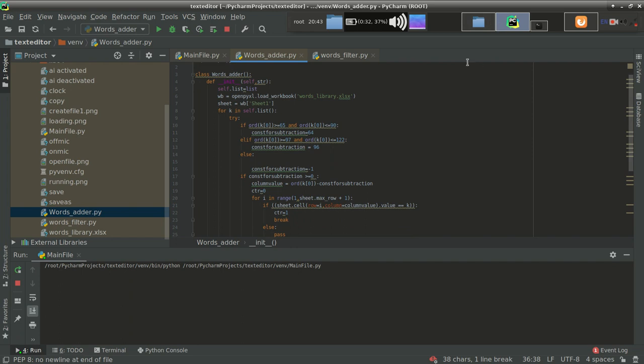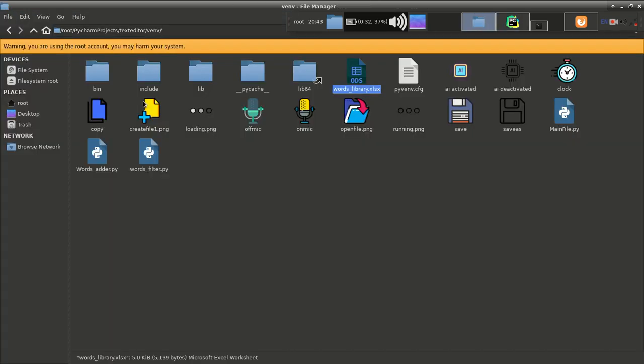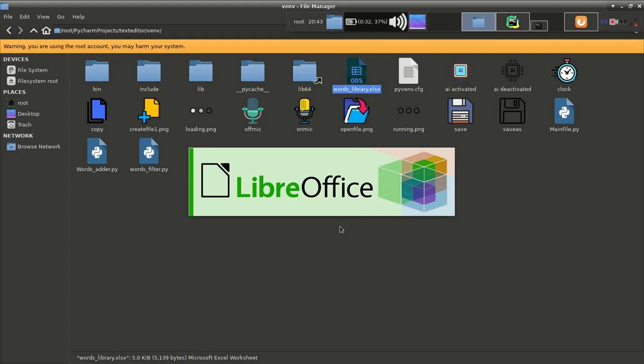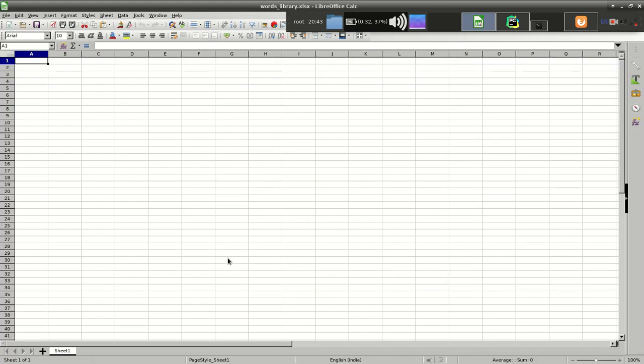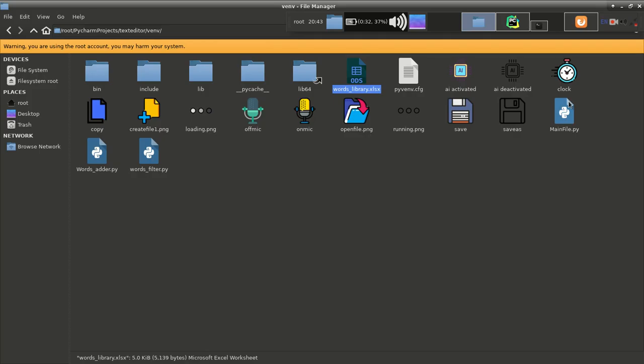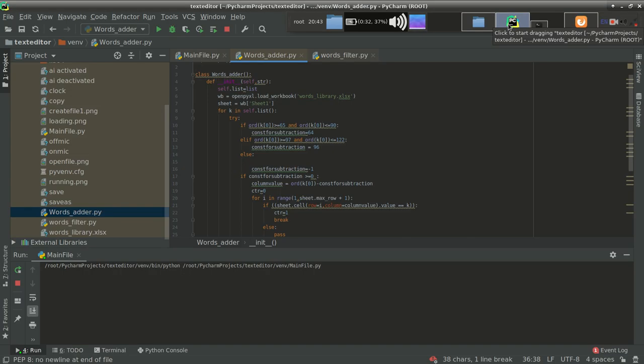Let's verify whether we have that sheet 1 or not. Yeah, we have this sheet 1. Let's see. Yeah, the none condition is also fine.